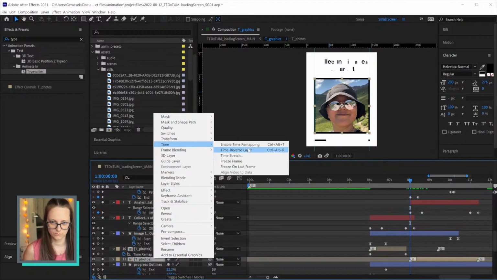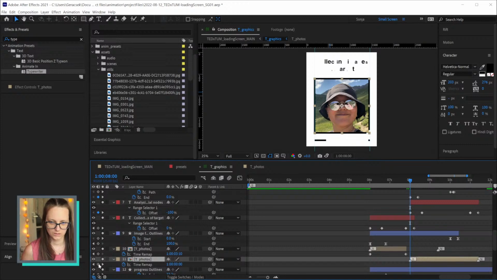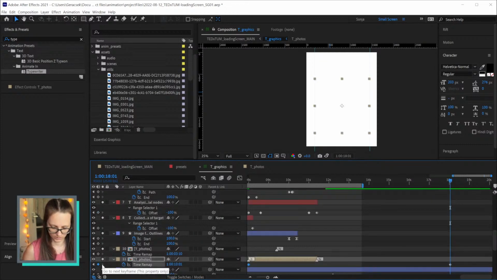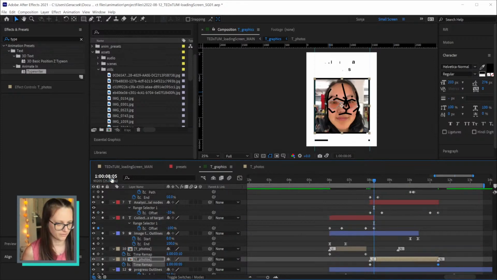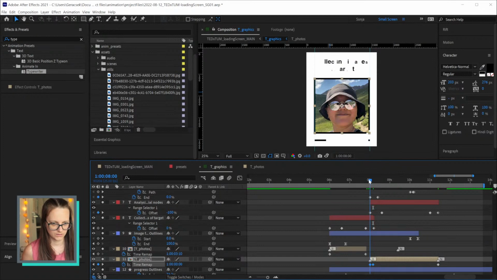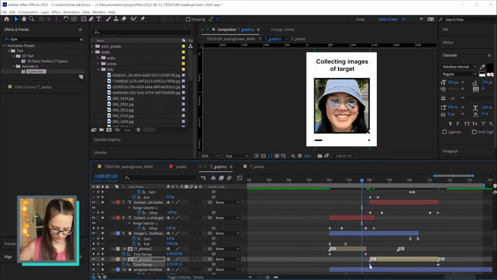So I can do time remapping again. Then I'll have one at the beginning, at the end, and at 5 seconds, 5 frames in. So that way I can hold on this one. And I think just to keep it, no, I don't need to go 5 frames in. What I can do is just move this, copy paste this keyframe